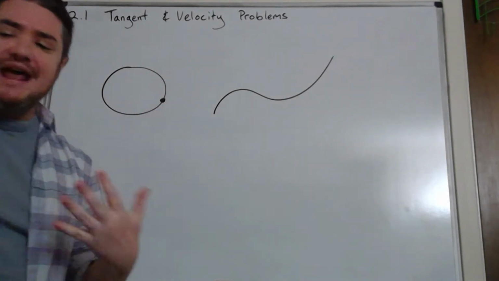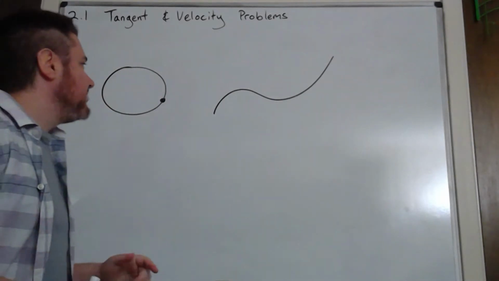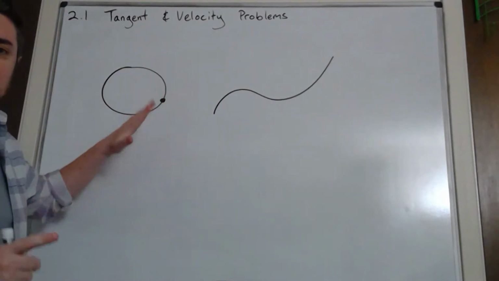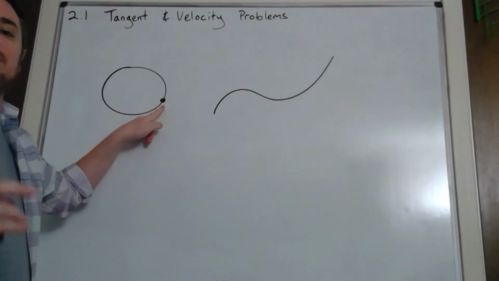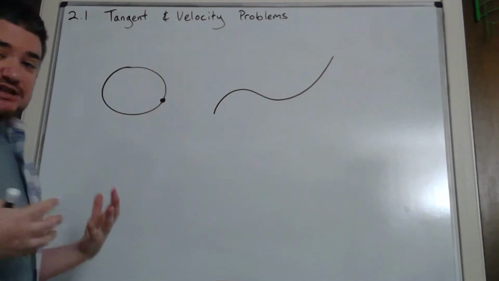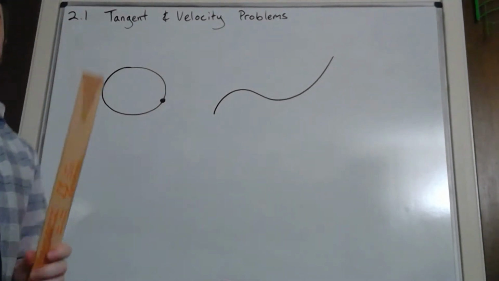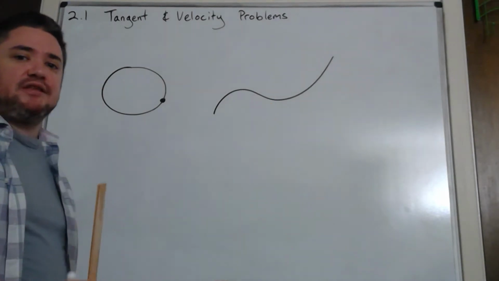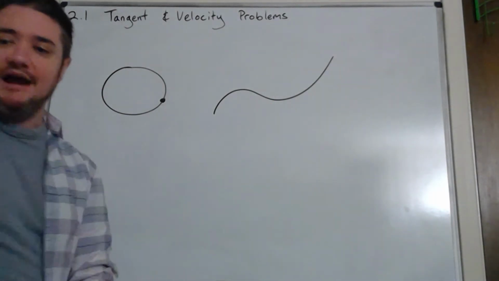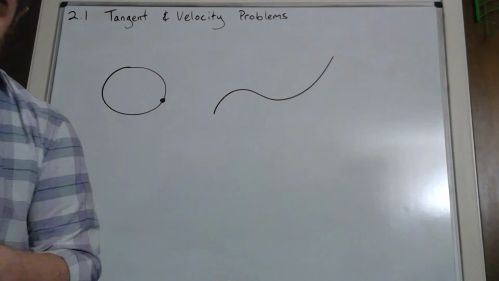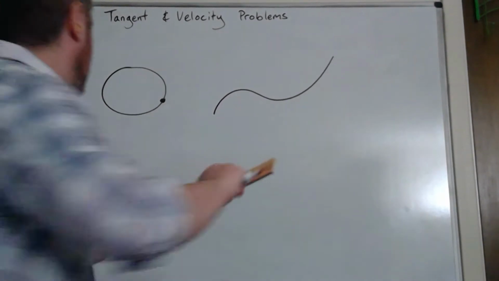All right. So now let's say I want to draw a straight line that touches that point, or touches the circle at that point, and only that point. That's what we mean by a tangent line. And so, as you'll see, I'm going to use this little straight edge. There's really only one specific line that I can draw that's going to accomplish that. And let me show you what I mean by that. So before I draw it,